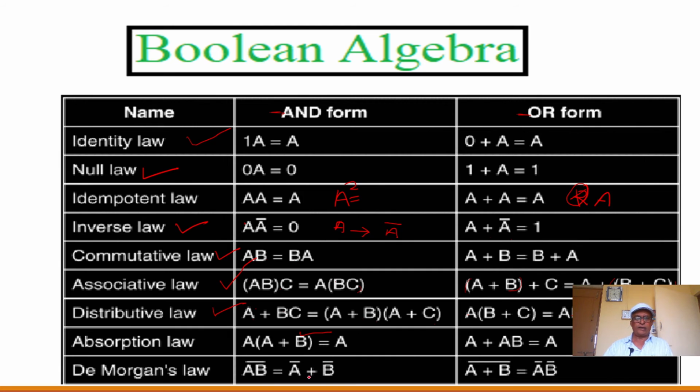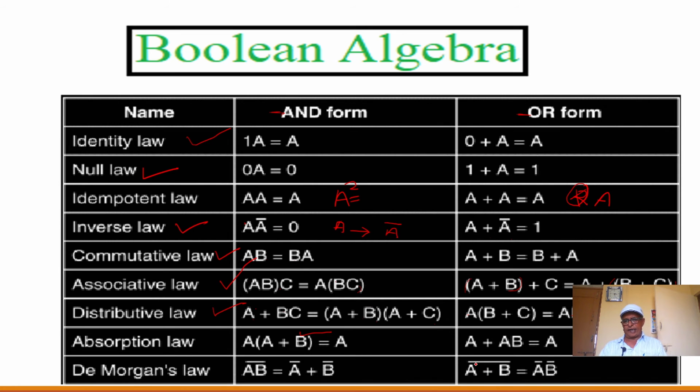Now in digital electronics there are two important theorems, called De Morgan's theorems. The theorem for the AND gate is written as (A and B) bar, then the output is equal to A complement plus B complement. So (A dot B) bar is equal to A bar plus B bar, or we can say (AB) complement is equal to complement of A plus complement of B.